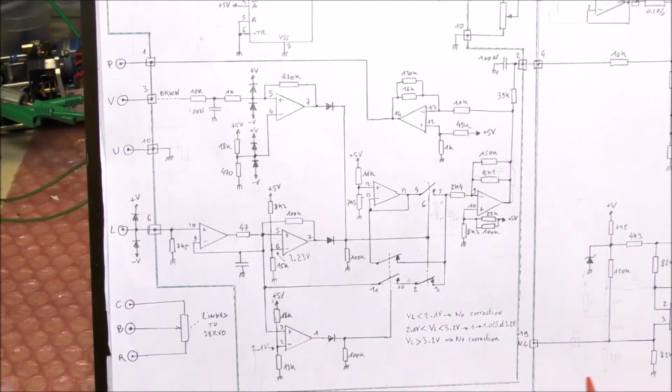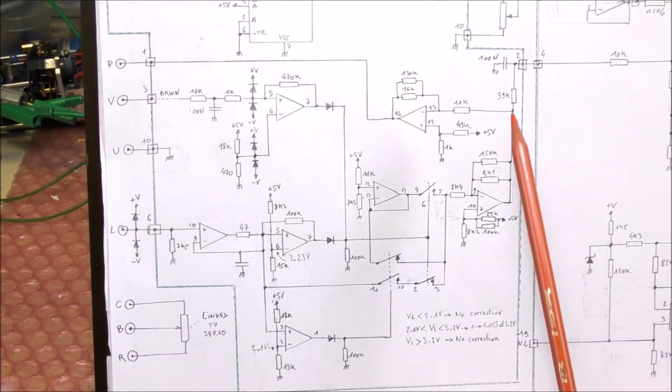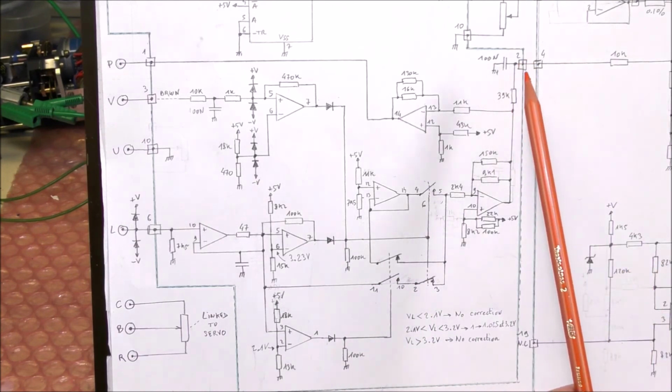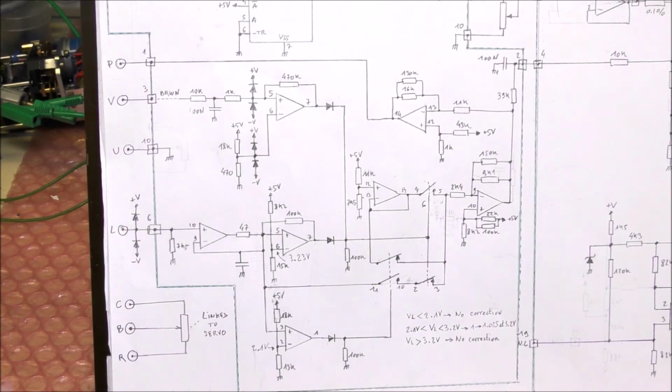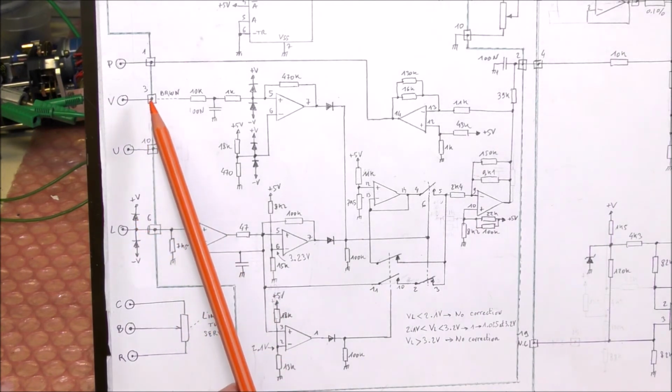The last circuit here permits an adjustment of the display. So the output of this circuit is here. It is a DC voltage. It permits to change the indication on the display. There are two inputs which are available on the rear connector. One is here, it's an analog signal, and the second one is here.